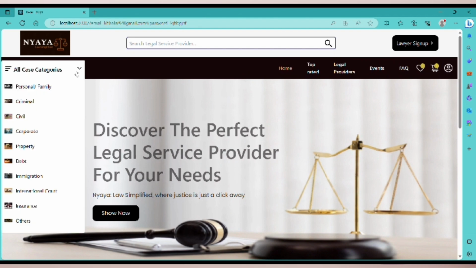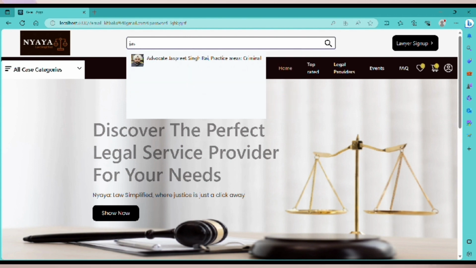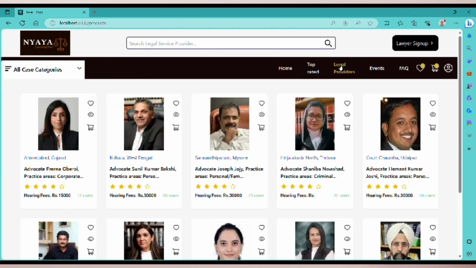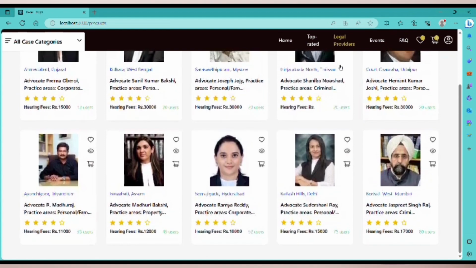Followed by, you have this option of all case categories wherein you can look for legal service providers in a particular domain or particular category of your need. And you even have the search bar. If you're looking for some particular lawyer, then you can even look for it. Now once that is done, you can go to the legal providers page wherein you have all the legal providers